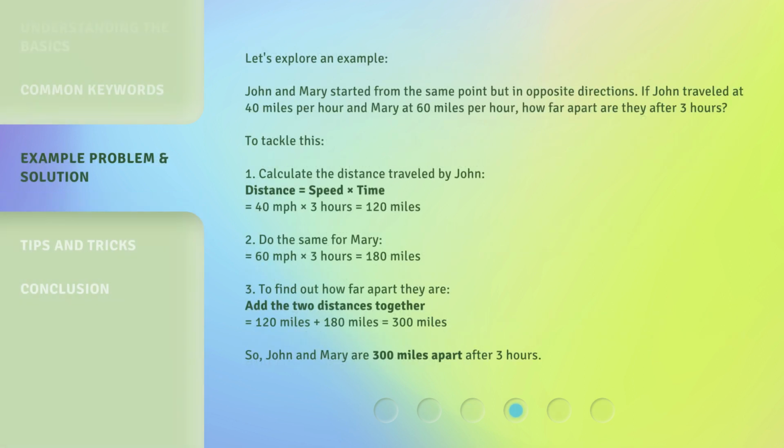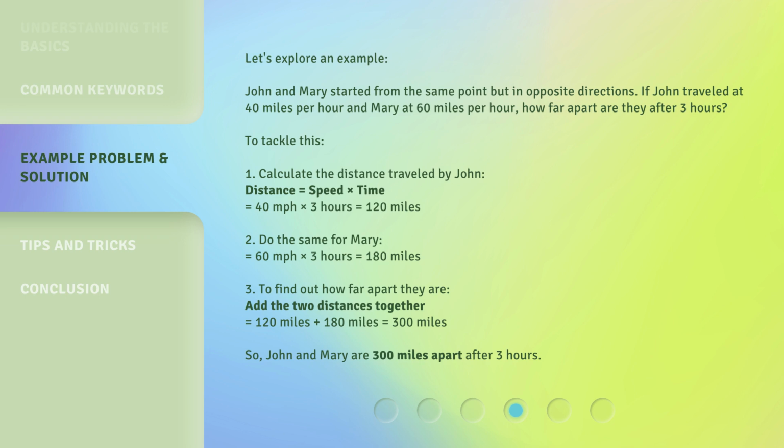Let's explore an example. John and Mary started from the same point but in opposite directions. If John traveled at 40 miles per hour and Mary at 60 miles per hour, how far apart are they after 3 hours? To tackle this,